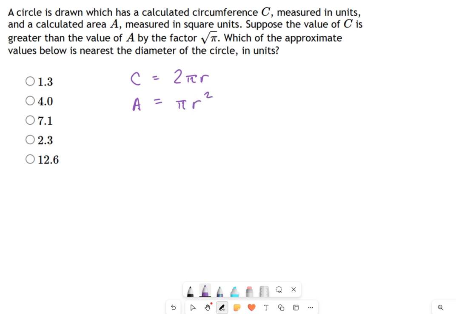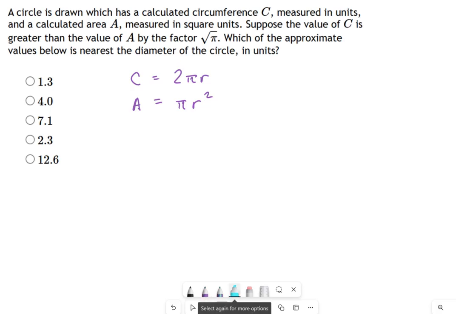If you happen to get these formulas mixed up, think about it this way. The one with the squared is talking about a square area, right? Area is measured like square inches or square feet. That's the area formula. The one that only has a single r, that's distance, like inches or feet, but with no squared on it. So now look at what this thing is saying.